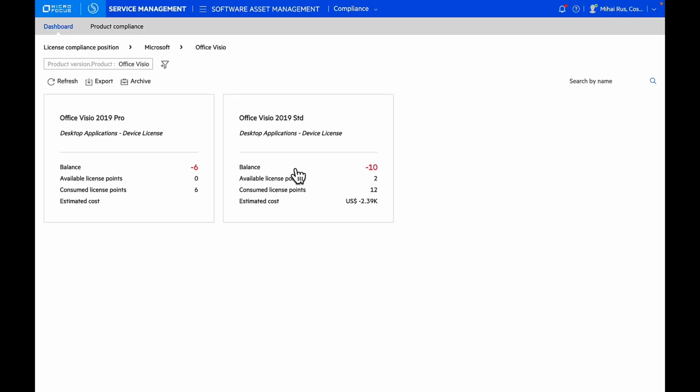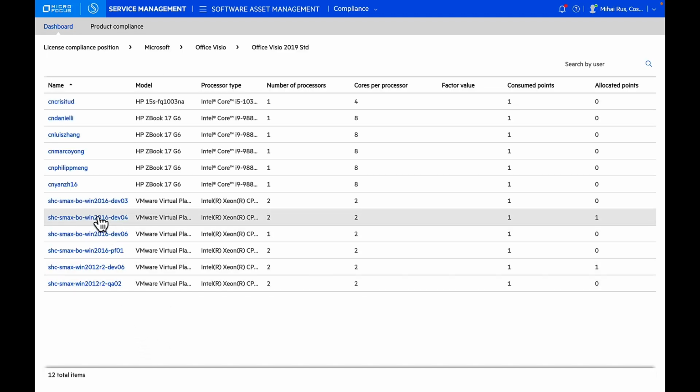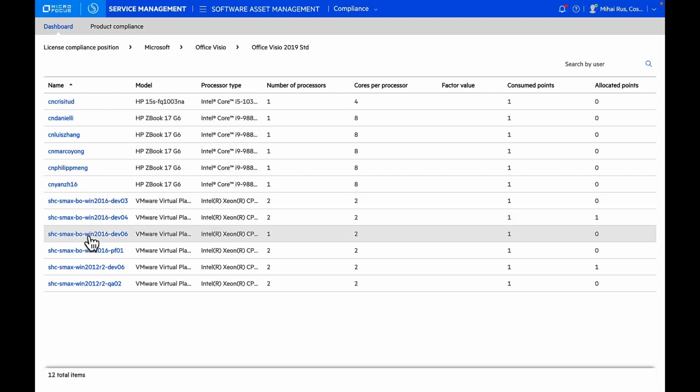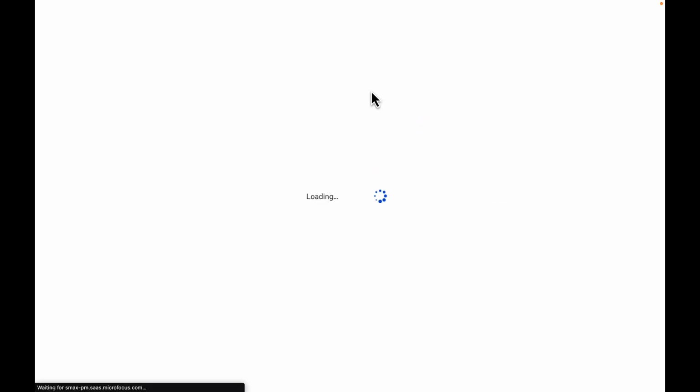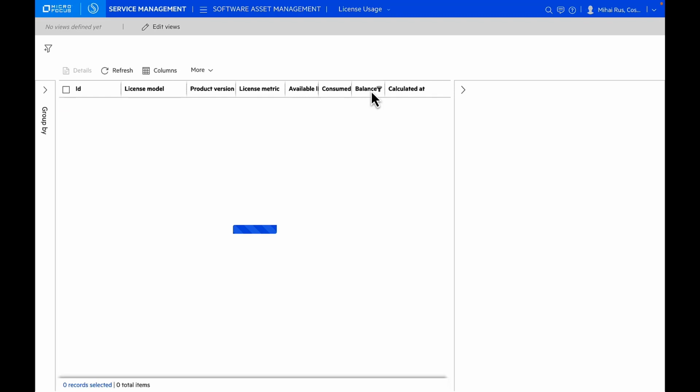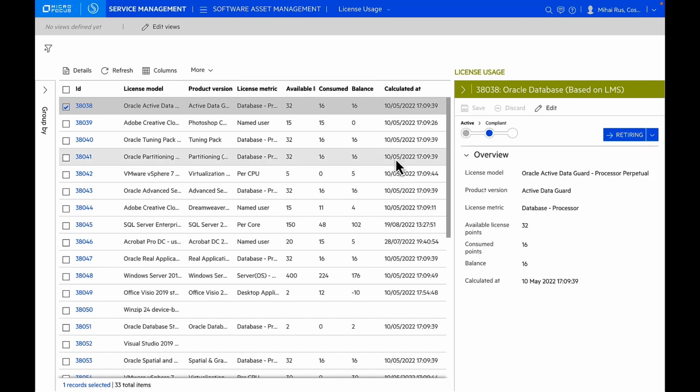If I go into Visio 2019 standard, I can see all the deployments of Visio 2019 standard in my Asset Management X. These devices that you're seeing are from Asset Configuration Management that we just learned. Inside Software Asset Management, using our license usage module, you can take complete control over the life cycle of your license. Where is it, like when is the end of support? You can group it, you can set up filters by cost center, by cost type, you can generate notifications based on it and be notified way ahead if any license expirations are coming up. You can also manage license and associated contracts from in here.